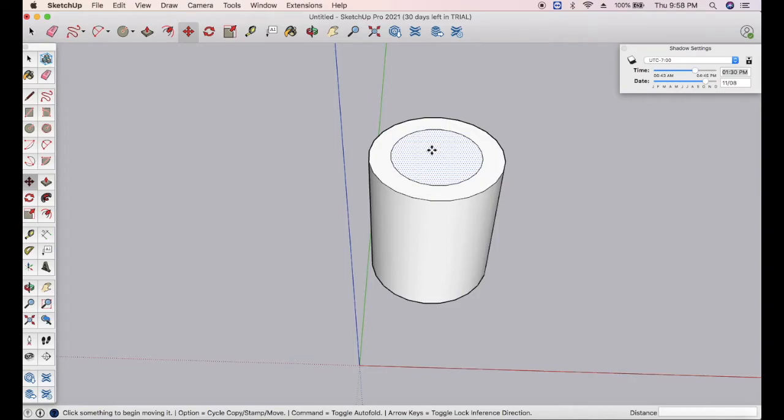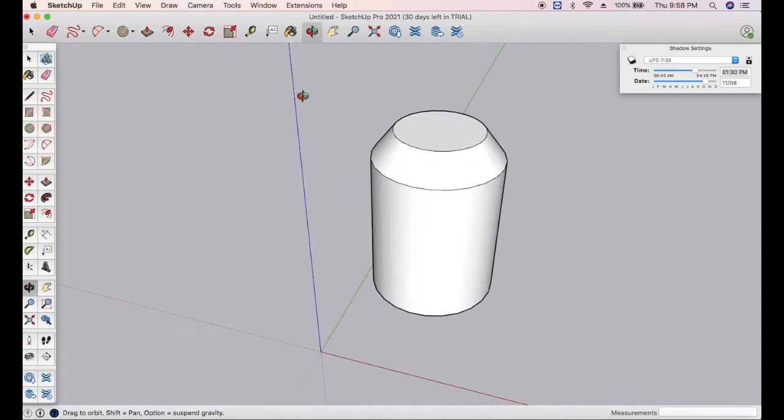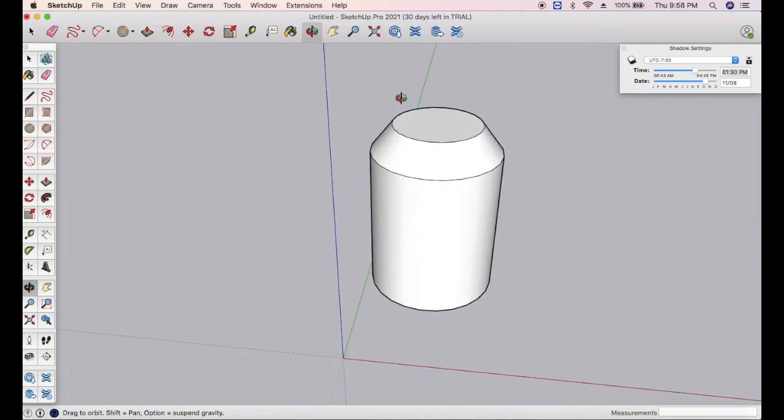In case of Mac, you need to click on the command option which will activate the auto fold option, and you can take it to the upper direction, that is towards the blue axis, where it will automatically have a slant with the offset part, right? So from here you can see this is basically your auto fold command. Okay, so this will help you in making a slanting roof easily.